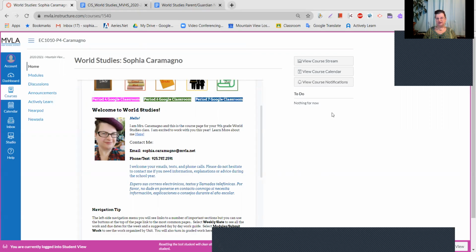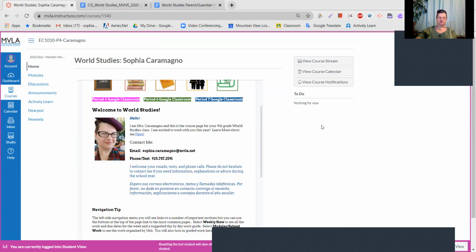Google also automatically saves student work, which is not something that happens if you are doing your work in Canvas directly. And since students are familiar with Google Classroom, I wanted to make sure that they would have access to a system that they already knew how to do for the beginning of the school year. As the school year progresses, we're going to be adding more and more programs and techniques. Their textbook will have resources that are digital and online. We'll be introducing those in a few weeks.